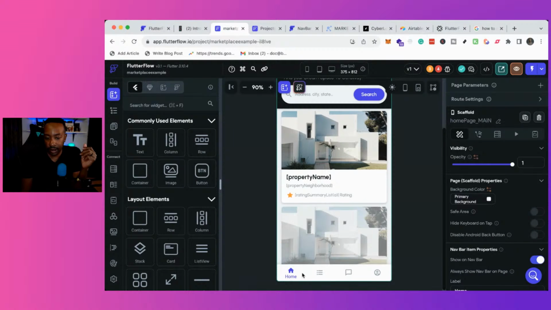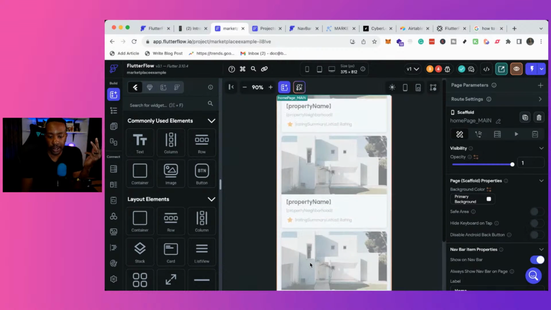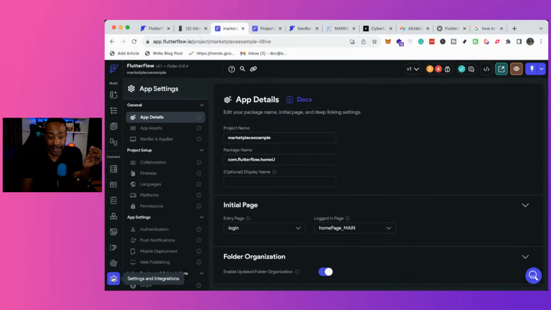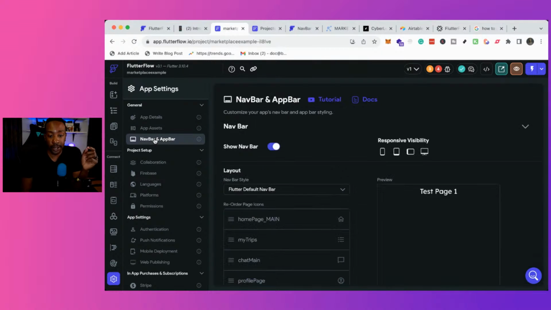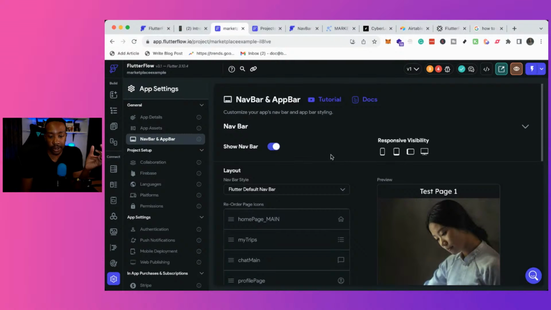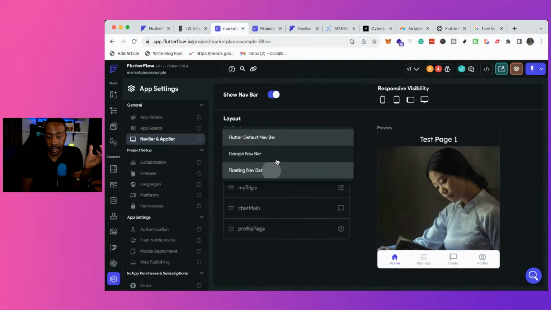And then also, if I'm looking at the nav bar, some people might ask, okay, how do I create this nav bar that will sit on the main page? If you're going to do that, you're going to go to settings at the bottom, and then we're going to go to nav bar here. And this is going to give you all the different settings for the page. For example, look at the layout. It says layout right here. It allows us to have options of the different layouts that we want,